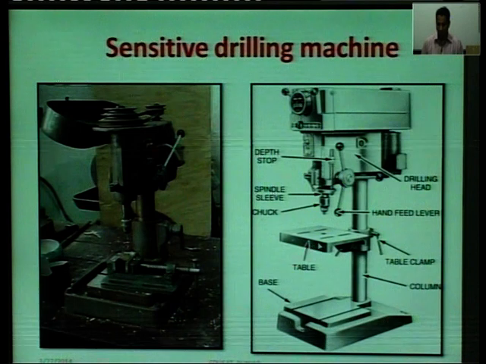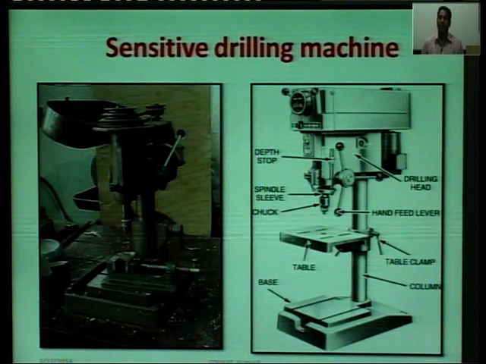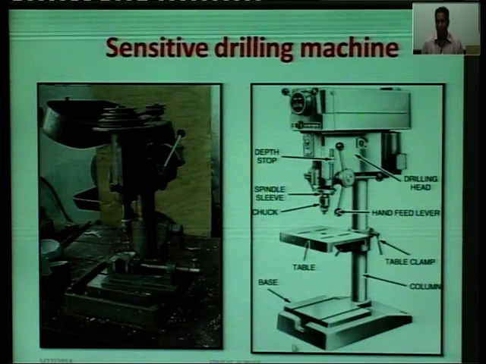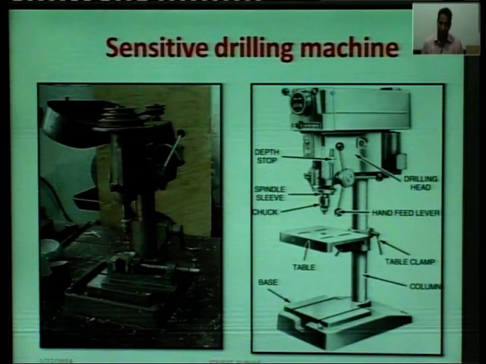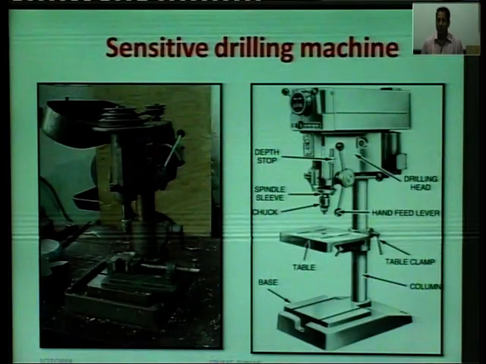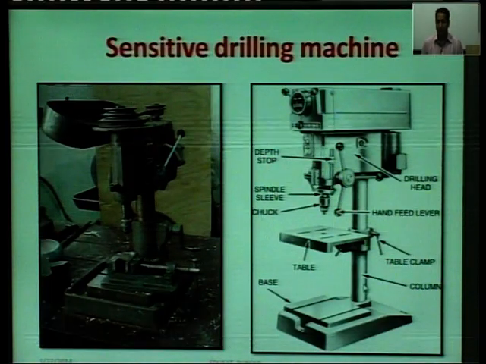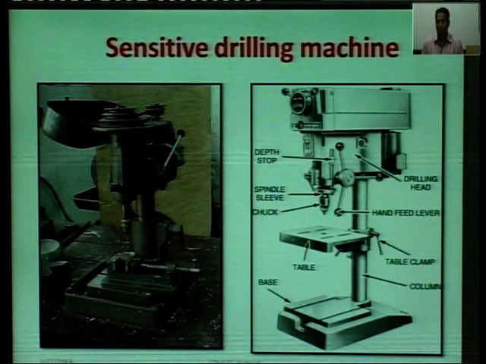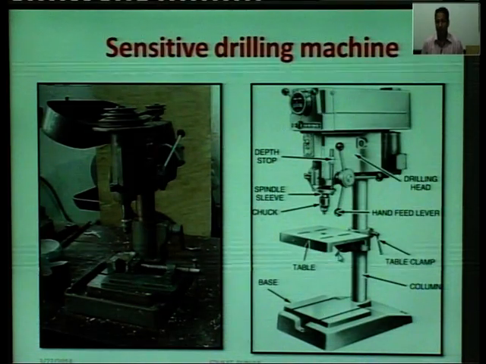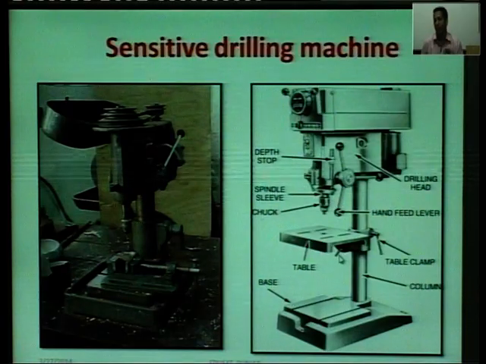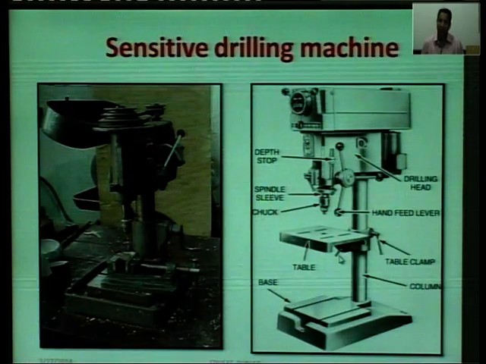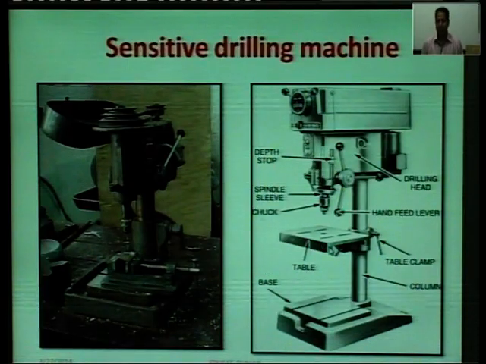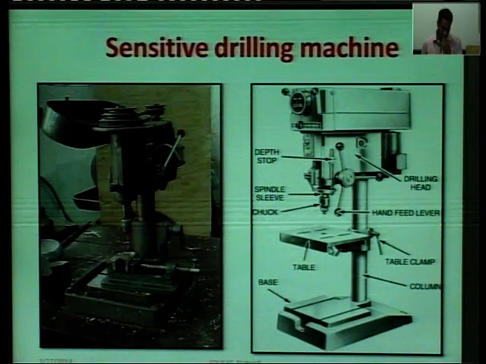Now this is the table on which we can fix the workpiece in which the hole is to be drilled, and this is the base, the fixed base. You can see this table can be moved up and down, can be given rotary motion, and can be given swivel, swing motion, to adjust different kinds of jobs on the table, as well as to adjust the different weights of the jobs.